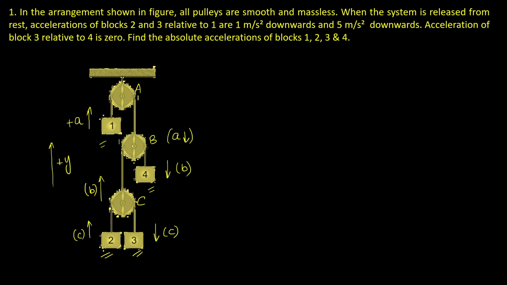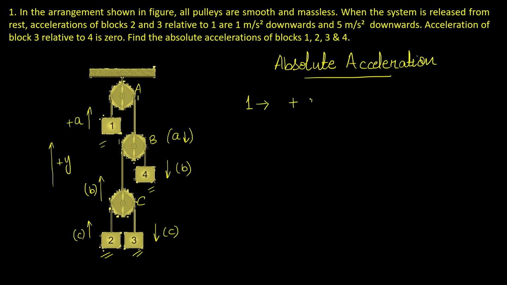Now since we have already let all these accelerations, let me write the absolute accelerations for each and every block. For block 1, the absolute acceleration will be plus a, because that is only with respect to ground. For block 2, the absolute acceleration will be, first of all, plus c,